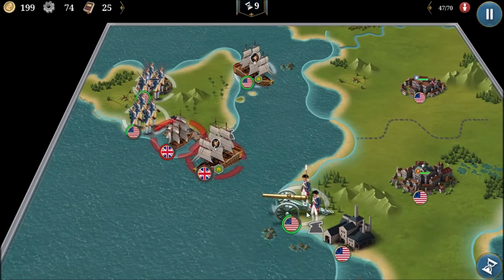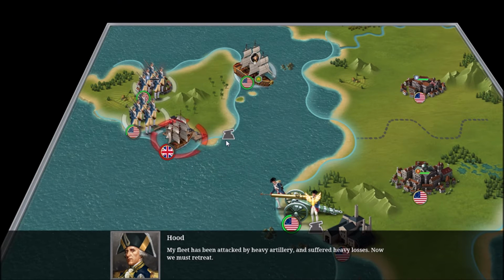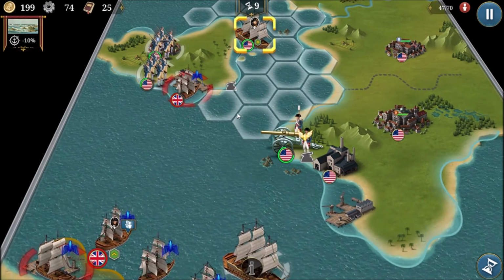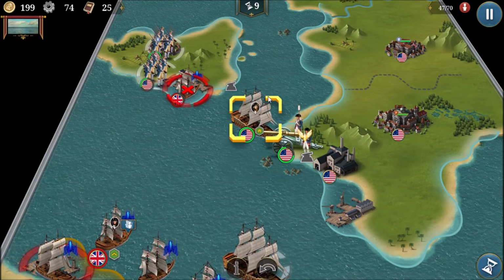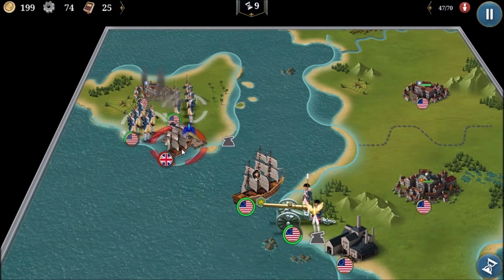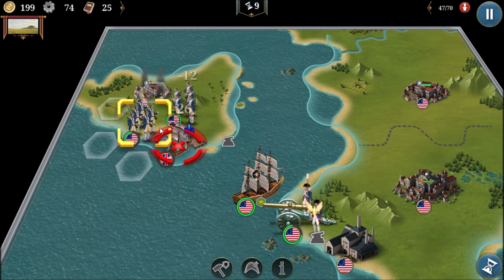Alright, so I'll take out Hood here with our heavy artillery, and that should lower all of their morale, which will be helpful. And Hood says, "My fleet has been attacked by heavy artillery and suffered heavy losses. Now we must retreat." It's good news for us. Now I'll move our secret weapon Jones here down and use him to help take this port here. We have our militia surrounding it,